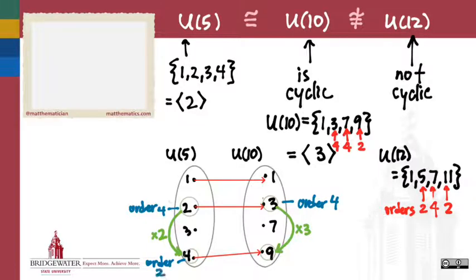Now, I'm being a little cagey about this for a reason. Because having the same order is a necessary condition for being associated by an isomorphism. It is not a sufficient condition. So what it can do is tell us when 2 elements should not be associated with one another. They should not be associated if they have different orders. Right? I shouldn't associate this 2 with this 9, for example, because they have different orders. So we know those can't be connected by an isomorphism. But merely having the same order as one another is not necessarily sufficient cause to be associated by an